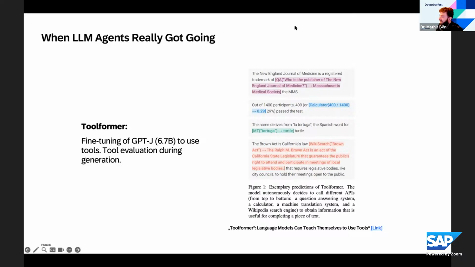So what they did is they trained it with a data set where they added tools. The way it works is the model was trained on examples they had created, and while generating, at some point it would start with such a block. For example, QA, and then give something here. After this arrow, the response was put in by an external system, and then the model continued the completion. So it was inline tool calling, and they did it with a QA tool, a calculator, a machine translation tool, and